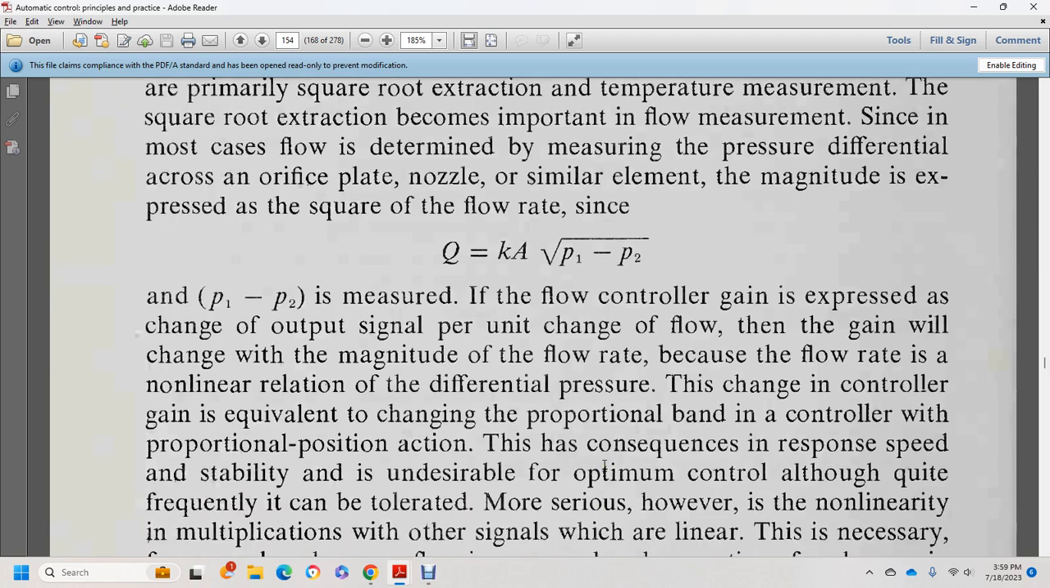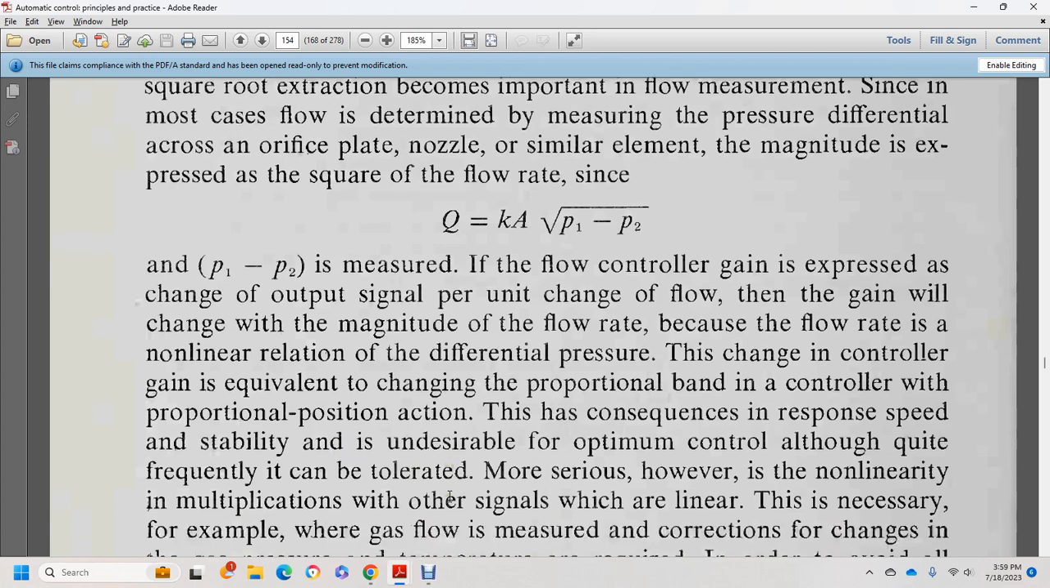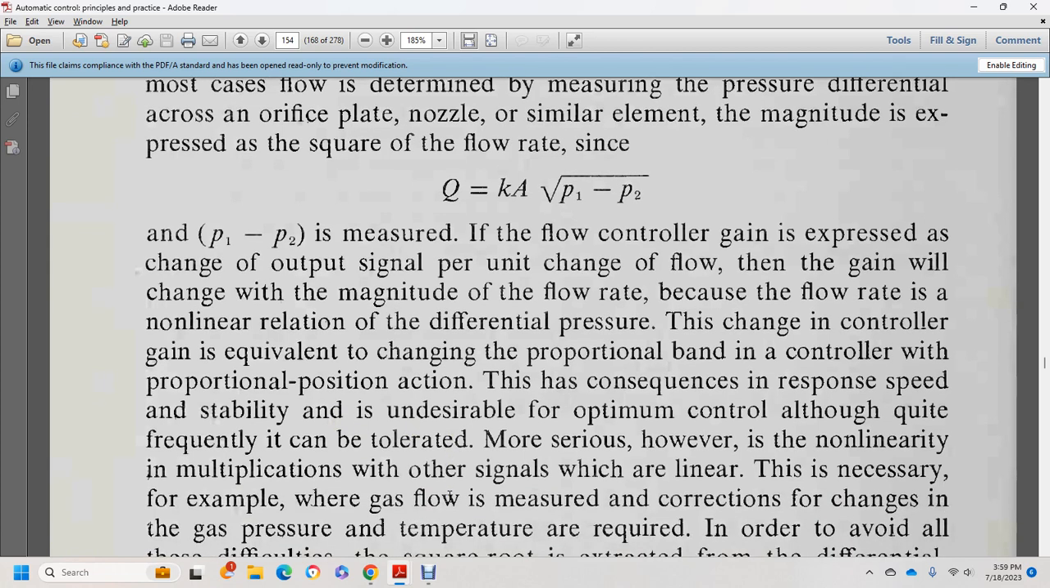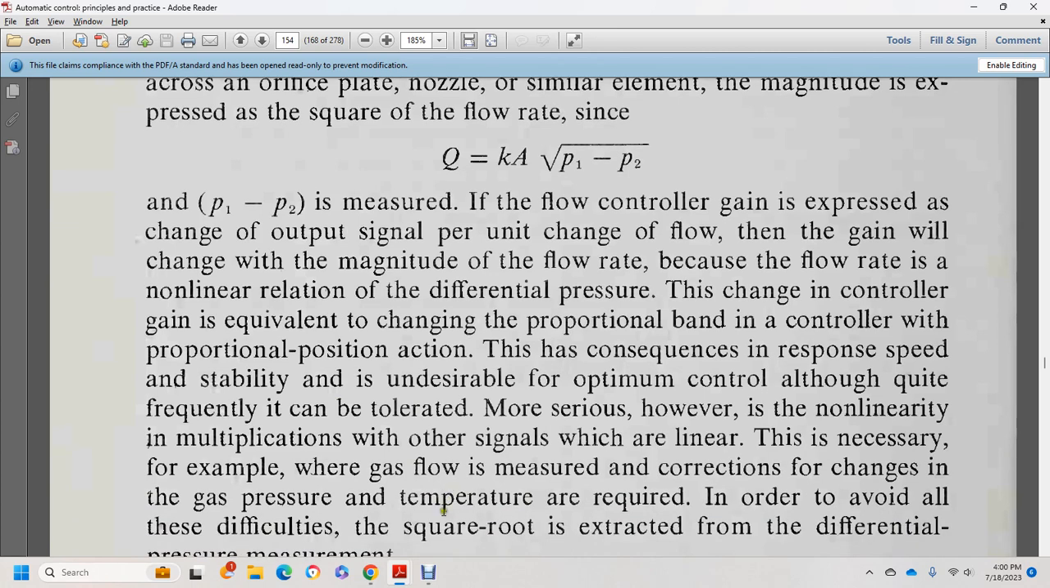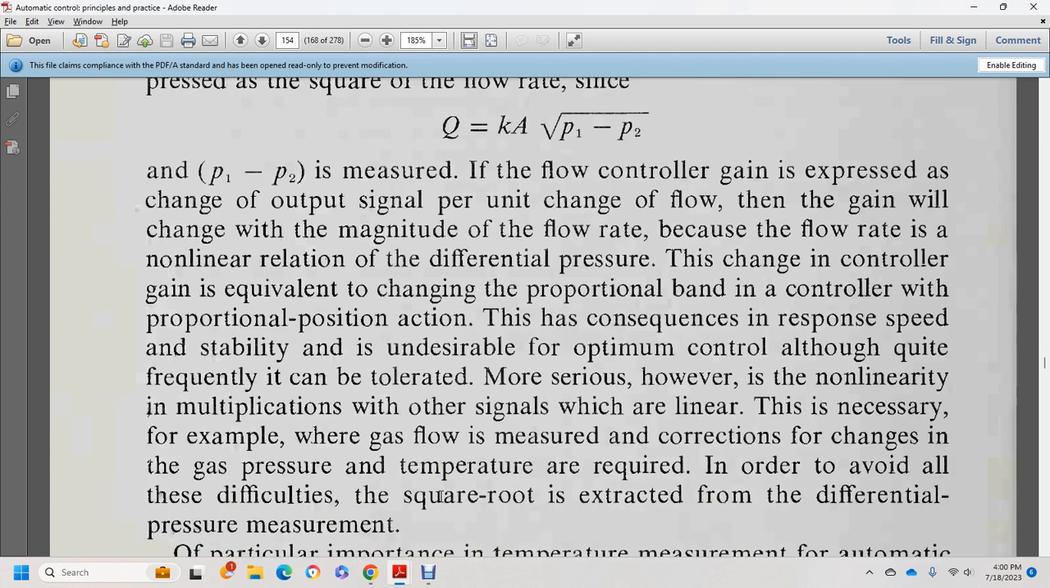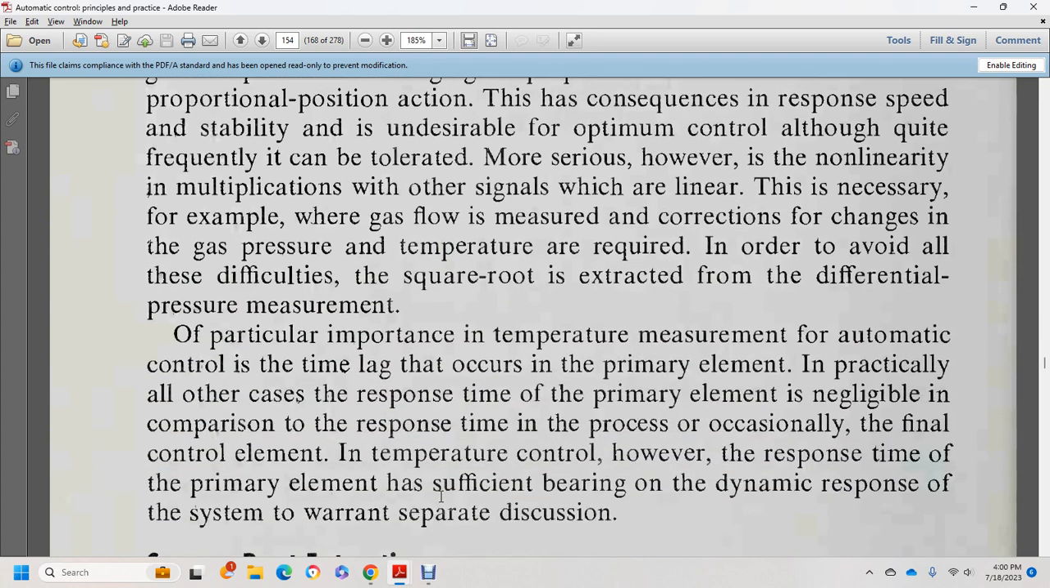This is a consequence of the response speed with the stability with the undesirable optimally control, which quite frequently can be tolerated in most series. However, the nonlinear with the multiplication of the other signal, which are linear. This is necessary, for example, of the gas flow measure for the correction and changes of the gas pressure for the temperature. Required in order to avoid all of the difficulties, square root extract with the differential measurement. Particular importance with the temperature measure for the automatic control of the time lag with the curve of